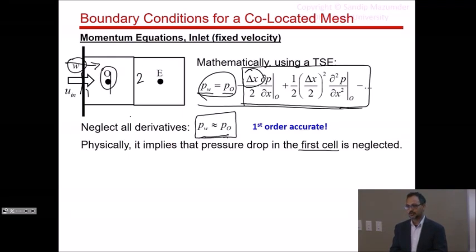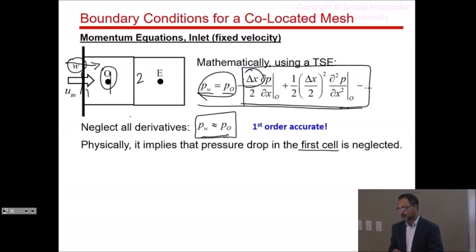okay? So if I think about a channel flow problem and I have 100 cells, and I'm saying in that first cell, half of that cell, the pressure did not change, okay? That simply means that in that tiny segment next to the wall, there was no frictional force, if I do a control volume analysis of the whole cross-section. That's what it physically means, that I'm neglecting the pressure drop in that first half of the cell,